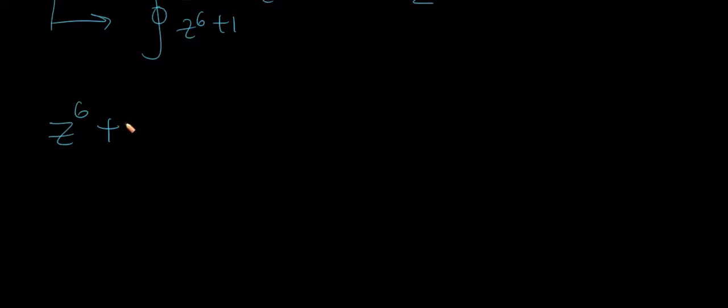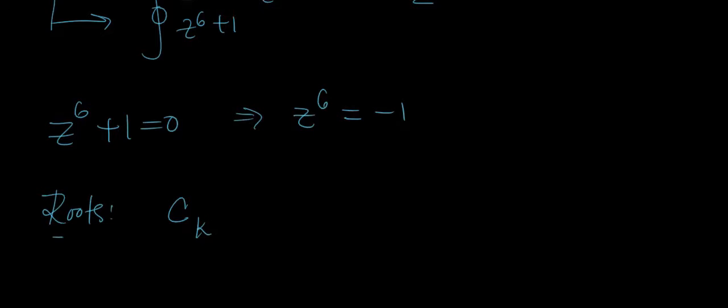So the first thing to get the residues is that you need to put z to the power 6 plus 1 equals 0. That's how we find our singularities, right? And if you recall, this is just a root finding problem. Again, z to the power 6 equals minus 1, and if you do the calculation, let's call our roots c_k. So these are our roots, and this will just be the exponential of pi by 6 over here,